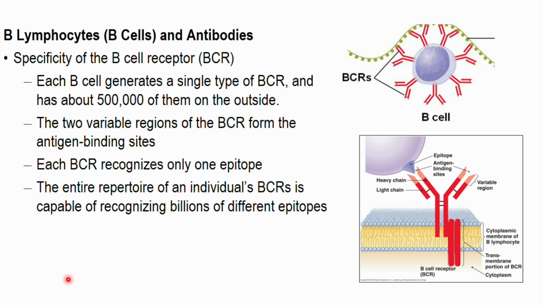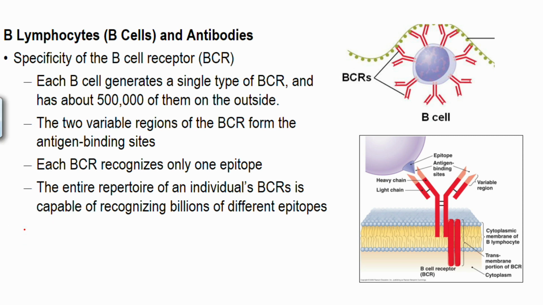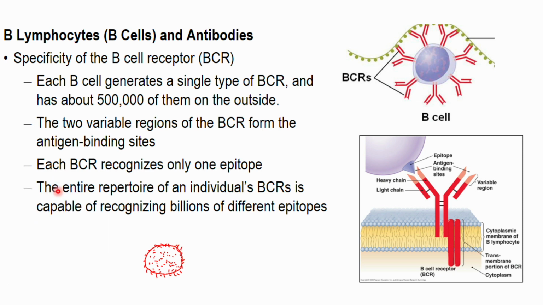I mean, if it was going to be to scale, it would be tiny little pinpoints all covering the surface of us. But what you could think of when you're thinking of these particular cells is, here's the cell, and then it's just studded completely on the outside, and I can't draw any fine level because it's just so small. There are 500,000 of these just sticking off all over the place, right? And so these are just coated in these things, so that if they ever bump up against a particular, let's say pathogen, whoops,